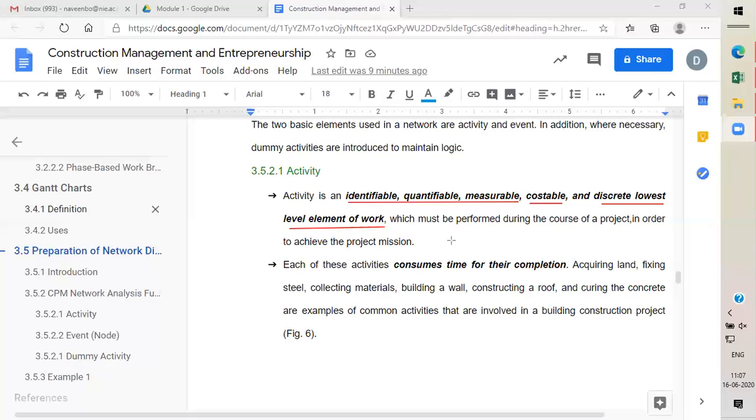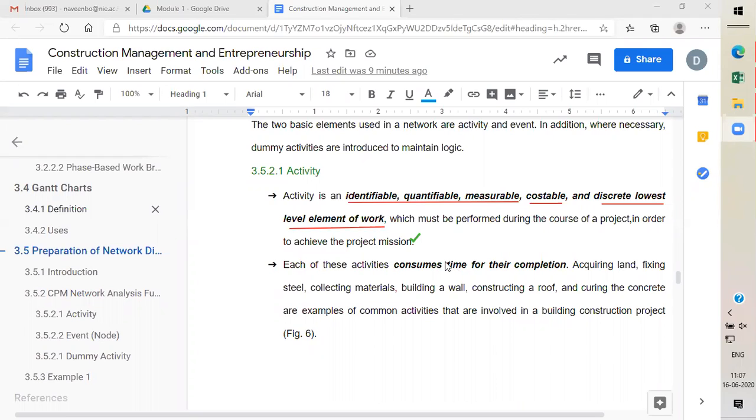Lowest does not mean cheap or anything like that. Don't misunderstand the word lowest. Lowest means it is the basic, fundamental element of work, without which you can't perform efficiently during the course of the project. And finally, you should be able to achieve the project mission.